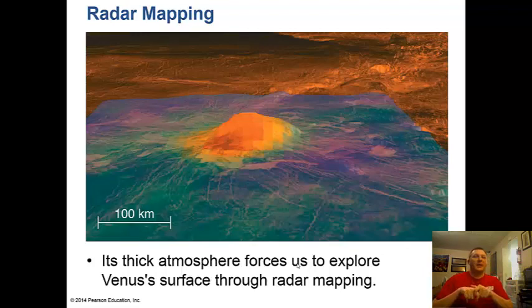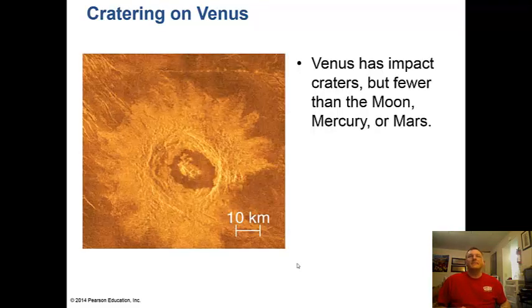And so its thick atmosphere on Venus forces us to explore Venus's surface through radar mapping. We know that Venus has impact craters, but fewer than the Moon, Mercury, and Mars. And let's think about this for a minute. Why would Venus have fewer craters than Mercury, Mars, or the Moon? Those objects don't have an atmosphere. And the atmosphere of Venus burns up most of the stuff that's going to hit it before it ever hits